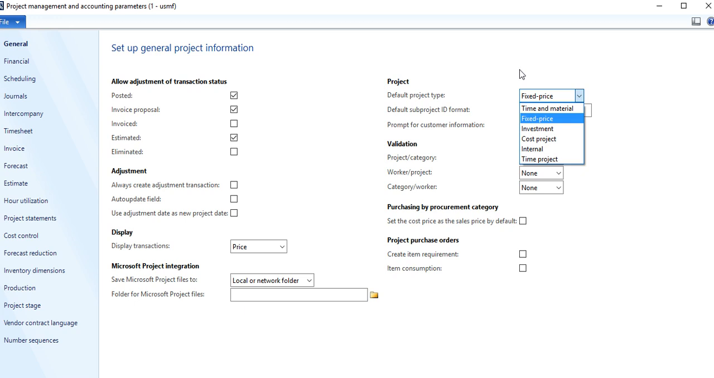We can analyze the cost invested in the completion of the project. There is a time project. It's only for the purpose of recording the manpower spent on completion of that task. There is no ledger integration in the time project,